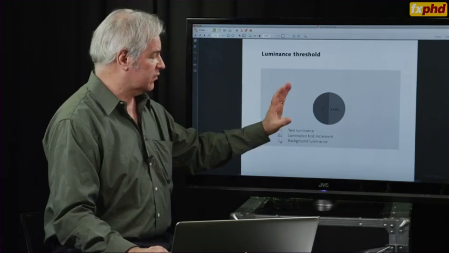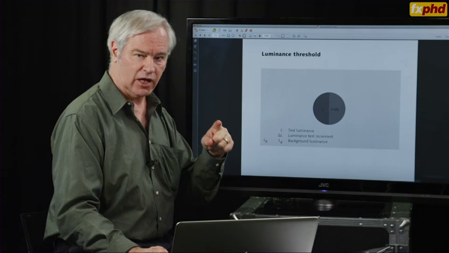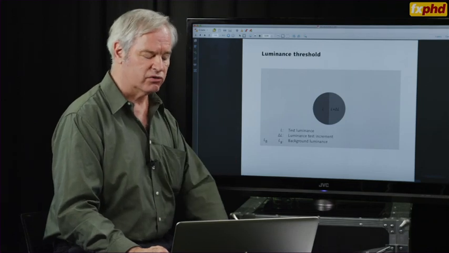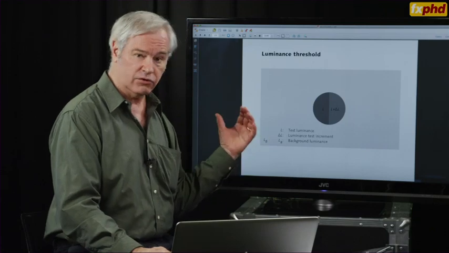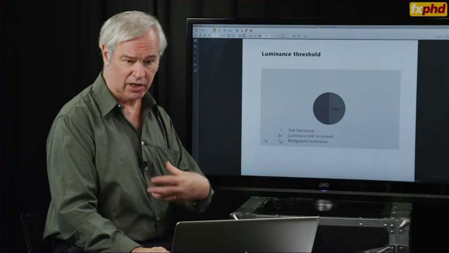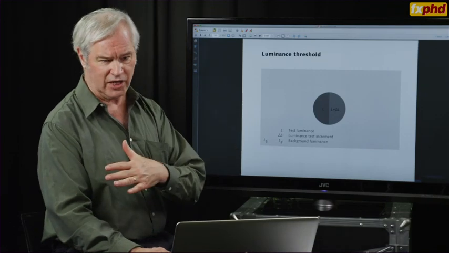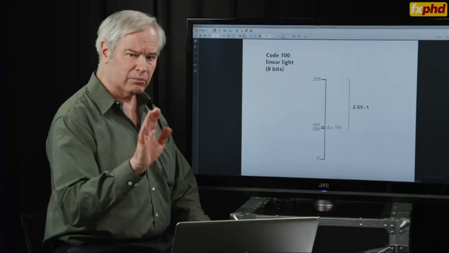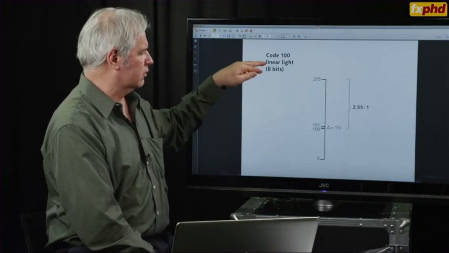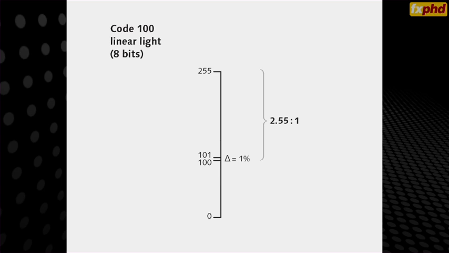Now, in this experiment, I'm producing measurement values L plus delta L in linear light space, so directly proportional to the photon count or the optical energy in front of the camera. So this would be in a domain that I'm calling the linear light domain, very familiar and comfortable to VFX and CGI guys. This is the basis for the ACES color space that's in development for digital cinema acquisition. So in my experiment, I'm assuming that we've got linear light coded in 8 bits with reference black 0, reference white 255. And the question is, what happens around code 100?